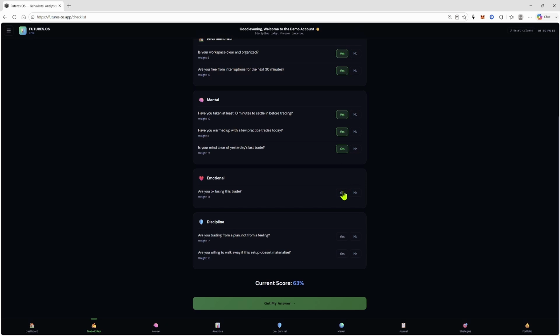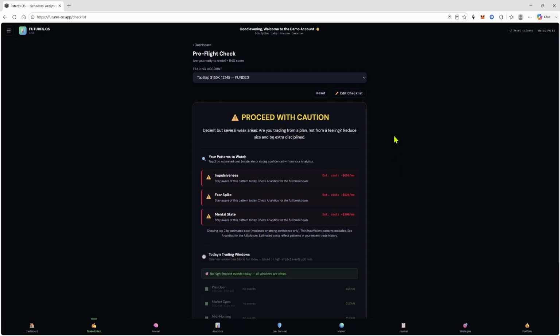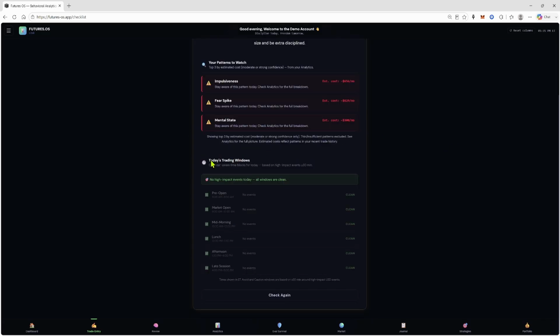Once you submit, you get a readiness score. That score comes with specific recommendations based on your actual trading history, not generic advice. It identifies the behavioral patterns that are costing you money right now and puts a dollar figure on each one. It also maps out your optimal trading window for the day, flagging any hours where your history says to be